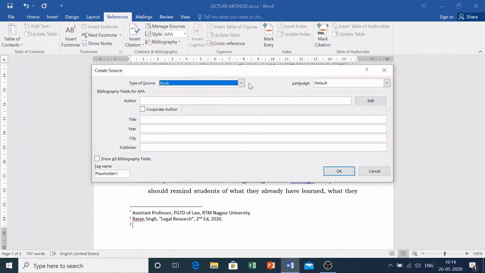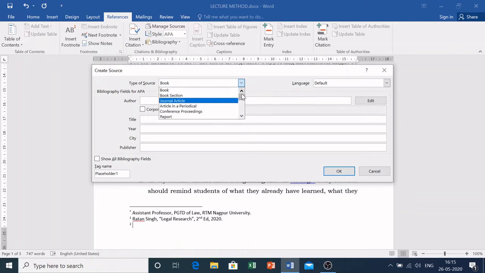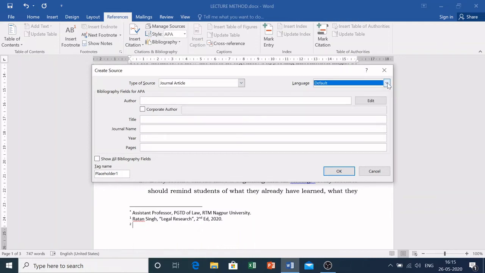Suppose I am using one particular book or one article or one section or any periodical, likewise there is this list given. So if you are using the information many a times in your research report and you want to quote this particular citation multiple times in your report or in your article, it is better to save this in this particular format so that eventually you can use it again and again. Now suppose this is a journal. Okay, by default the language is English.